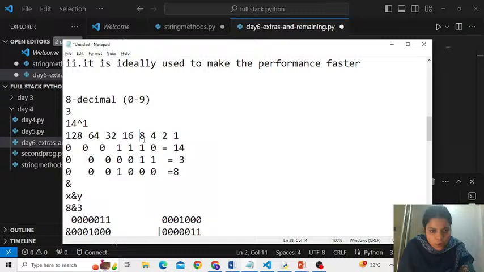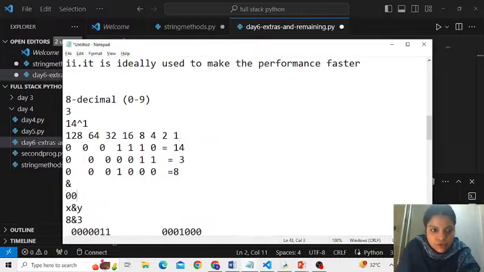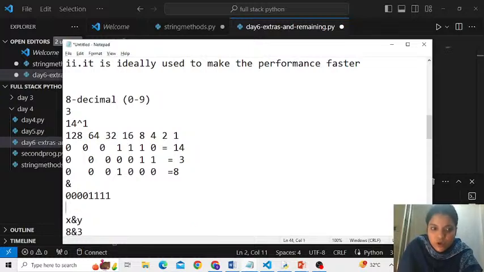Okay, so the first 4 bits will be zeros. And the last 4 bits I'm taking as 1. देखिए 8 plus 4, 12. 12 plus 2, 14. 14 plus 1, 15. Correct? Let's write here. यहीं पर लिख देते हैं. So 0, 0, 0, 0, 1, 1, 1, 1. This is 15.